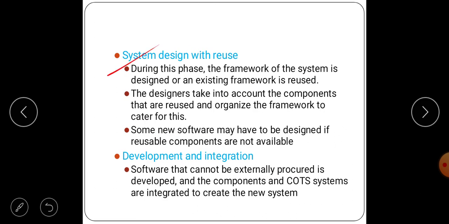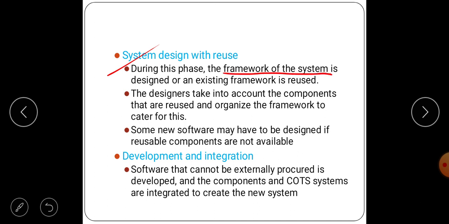Next, system design with reuse. During this phase, the framework of the system is designed or an existing framework is reused. Nothing but we are going to develop the framework of the system.